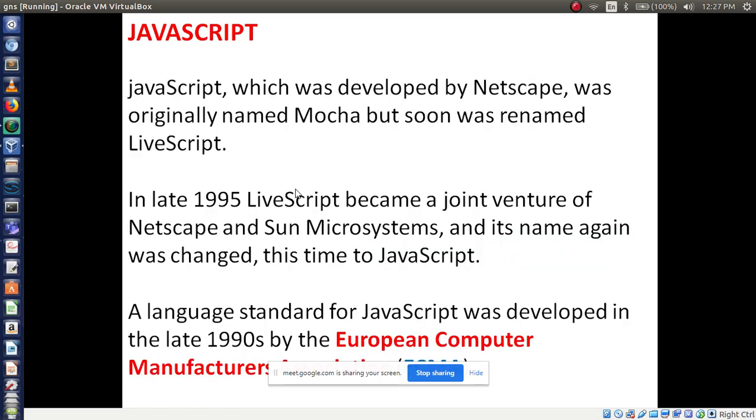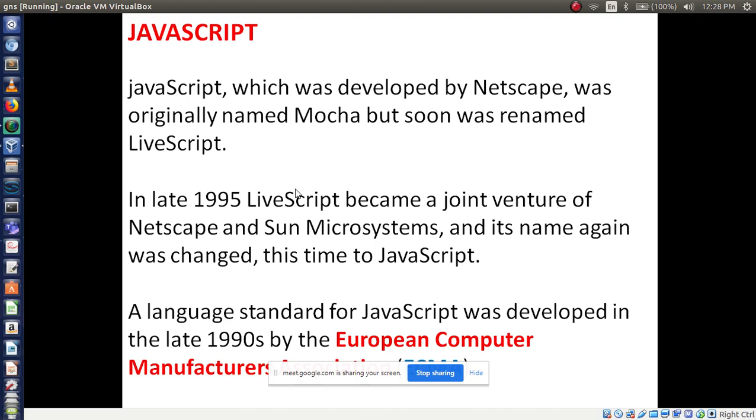So what do you mean by JavaScript? Remember, to write JavaScript, the file extension is .js. Similarly, you have used the CSS file, right? The extension is .css. Similarly, to use JavaScript, you have to use any file name followed by .js. J means Java, S means script, so JS. And for HTML, any file name followed by .html.